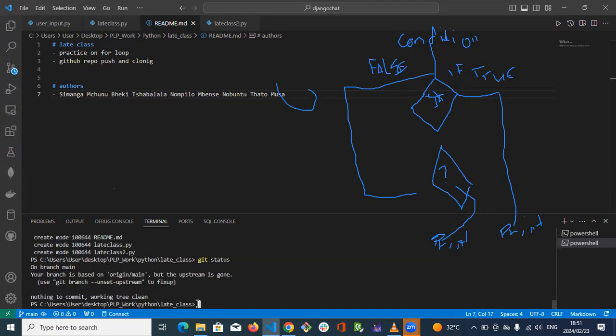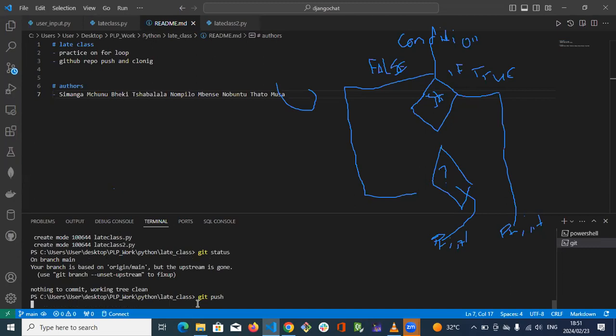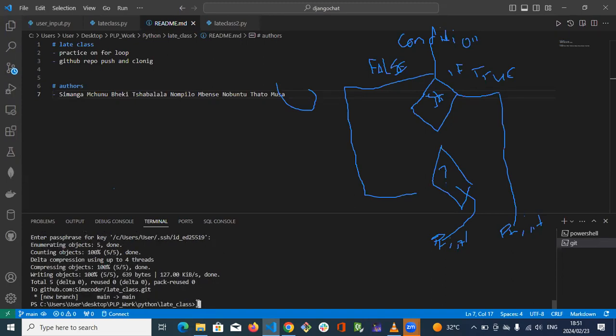Okay, so your branch is up to date, but everything is gone. So nothing to commit because you haven't pushed it. So now you want to push it to your repo. The git push, and it asks you for a password for security sake. Voila, we are done. We just worked on our for loops, and then we worked on how to upload the